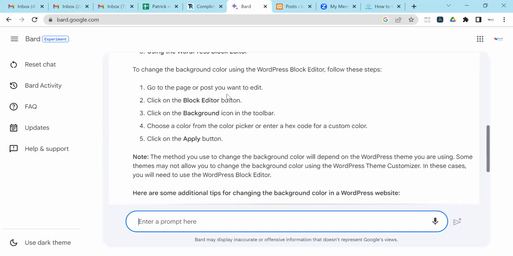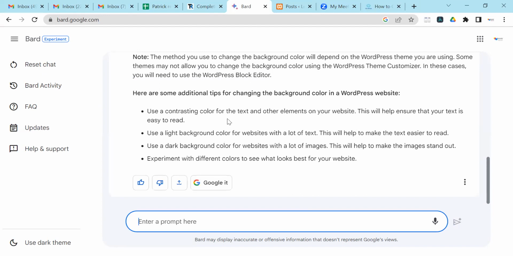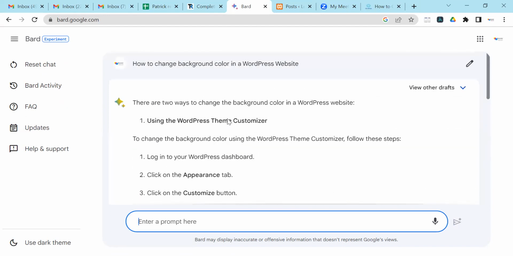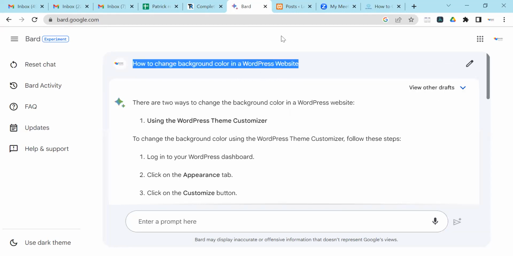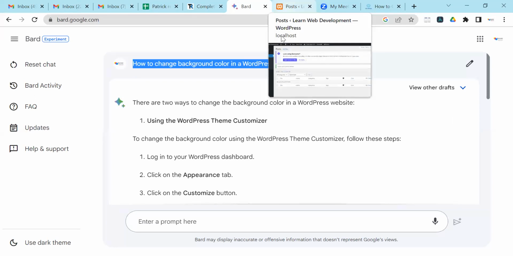go to the page or post you want to edit. Click on the block editor button. Click on the background icon. So there are various ways. So we can use this as a heading. So I copy the heading. Then